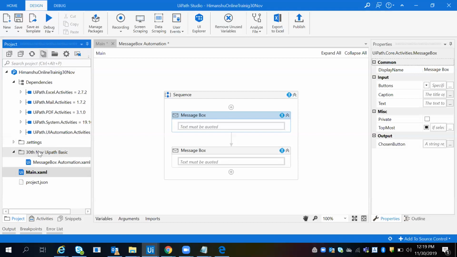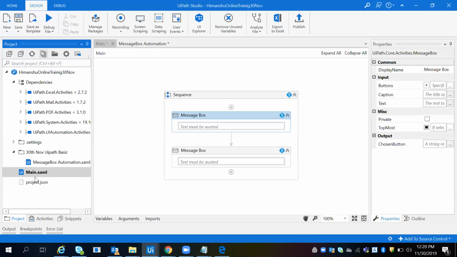Okay, so why is it not coming under the main.xml file? No. Main is provided by UiPath by default. You cannot clear all the things today. Try to understand; definitely you can clear after some sessions. Main.xml file is especially for the orchestrator, web-based server automation. If you are not using web-based server automation, you can automate everything through main. After main, you can create a number of subfolders, and inside that you can keep your XAML files. So don't worry about the main.xml file.